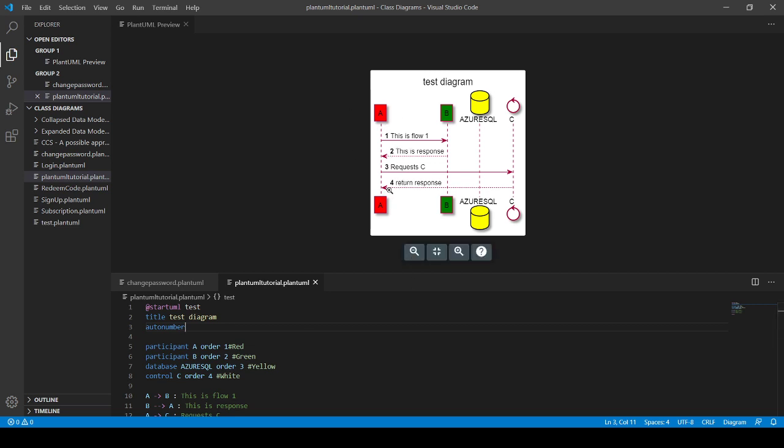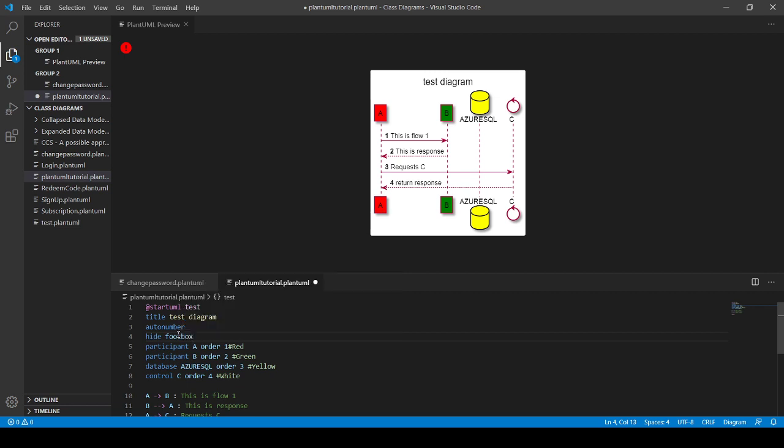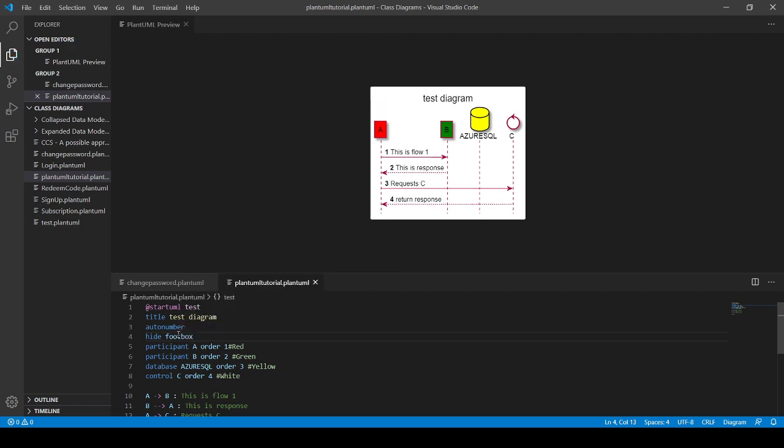This is the sequence of the operations that are performed in this sequence diagram. Another thing is, if I want to remove the images below the participants, then I need to write hide footbox. You can see the bottom images are hidden.